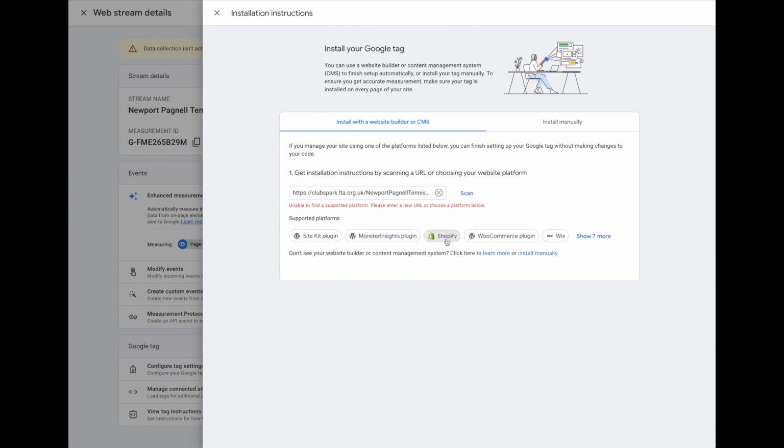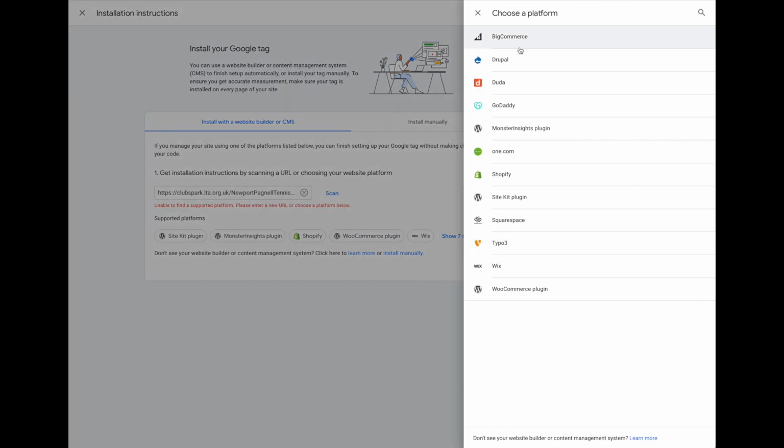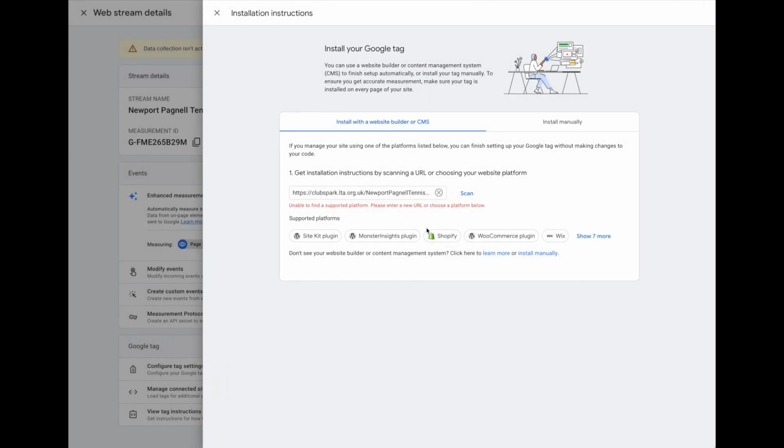I have other clients who will use the Shopify interface or the WooCommerce plugin, and there are plenty more, as we can see. If your website platform is in this list, you are going to have a very easy process of going on to GA4. Okay, so I haven't got that,